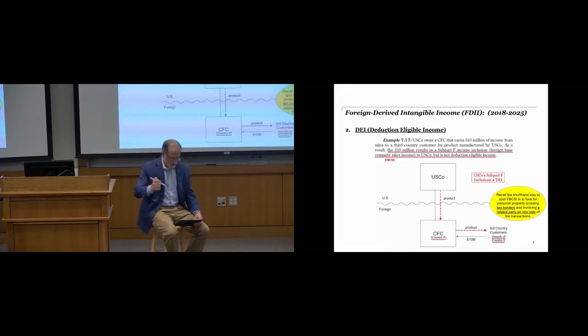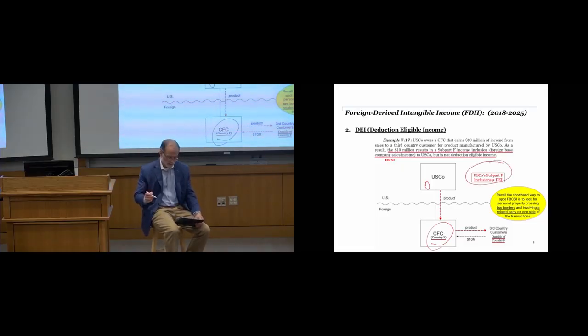The related party is USCO relative to CFC, and it crosses from the US to country F, and then a sale to third country customers outside of country F. So the income that resides at CFC for this transaction would be foreign base company sales income, and that's a component of Subpart F. That's going to be currently included in the tax return of USCO,